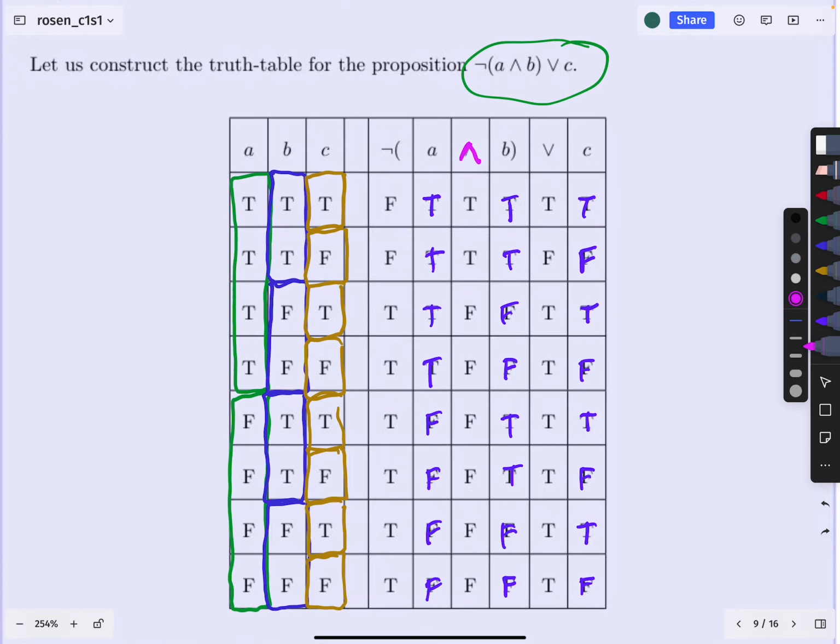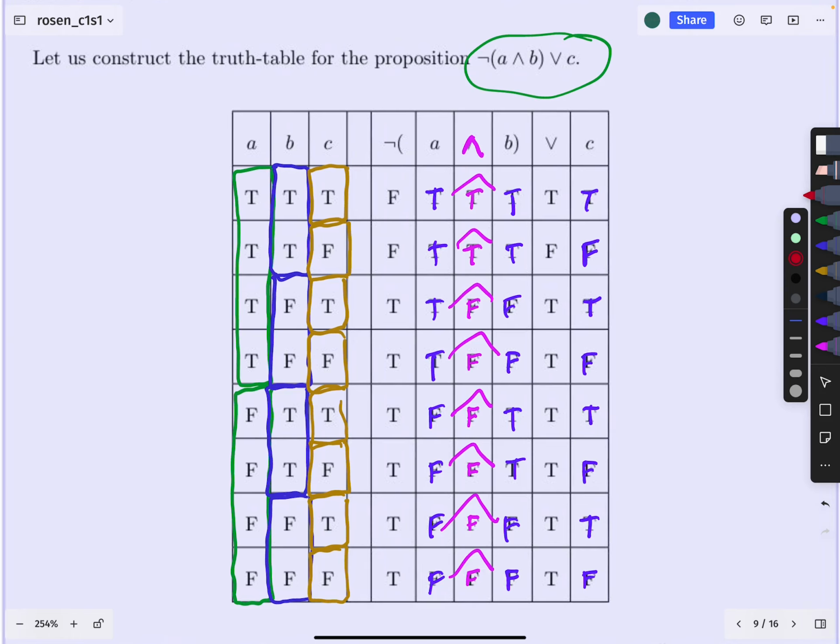Okay, we're going to use the rule that true, true gets true. This is the conjunction rule. True, true, true, true, false, false, true, false, false, false, true, false, false, true, false, false, false, false, false, false, false. Now that we have these truth values, we can finally come over to this negation and negate those values,